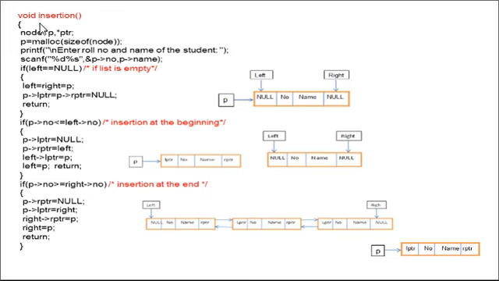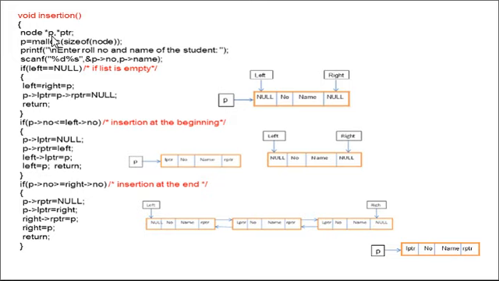In that case, this insertion function, first we have to check whether the list contains nodes or not. If the list is empty, there is no node in the list, then the newly inserted node will be the single node in the list. As we have already seen, the left pointer always points to the leftmost node and the right pointer always points to the rightmost node. So now we will see line by line.